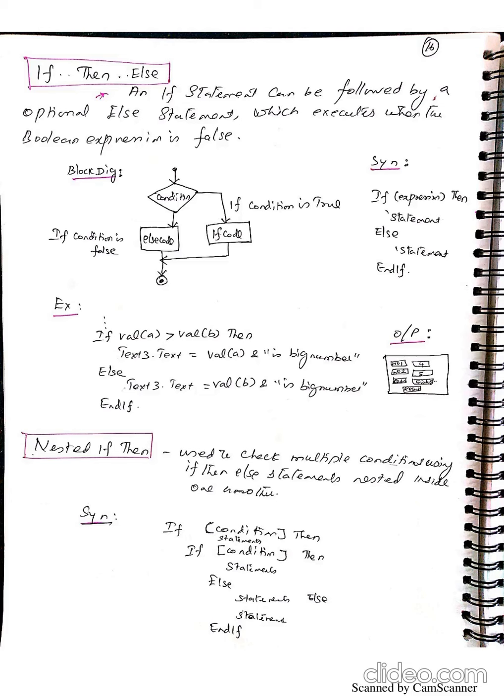The switch statement. A switch statement takes an expression and evaluates it for each result of the evaluation. It executes statements. This is known as a case statement. A break statement must be used, and the default case is executed if none of the cases is satisfied. Select Case expression, Case value 1, block of statements, Case value 2, block of statements, Case Else, block of VB statements, End Select.